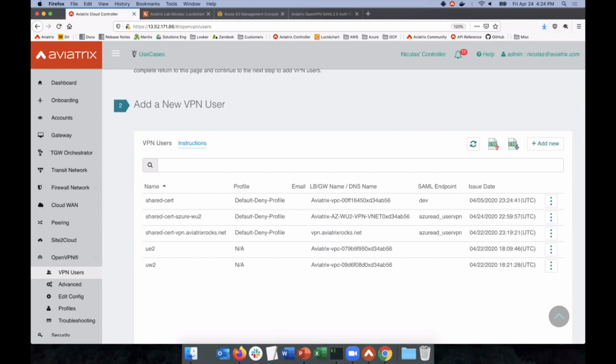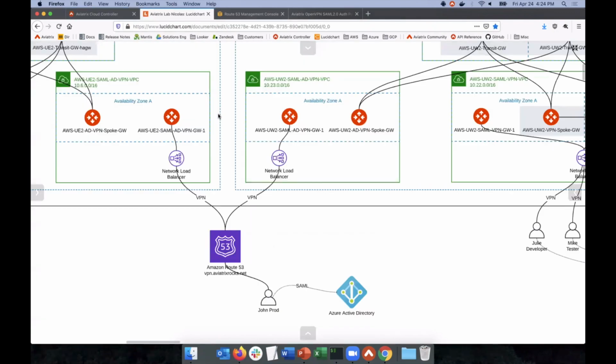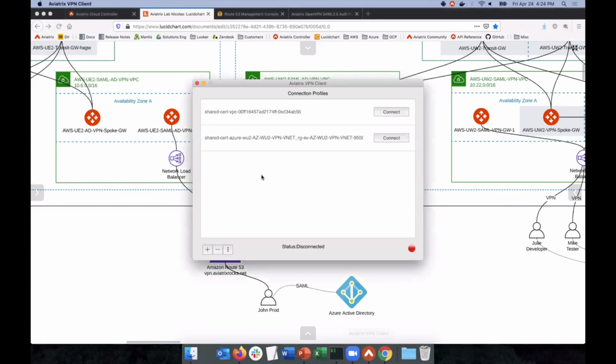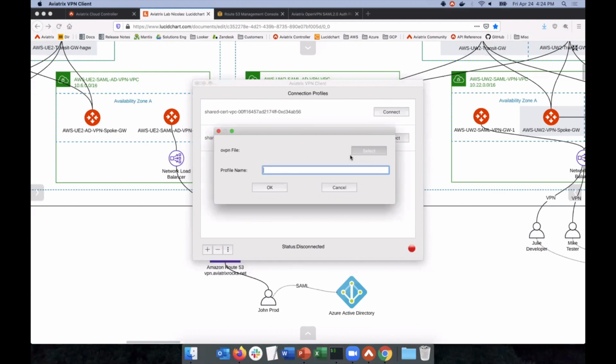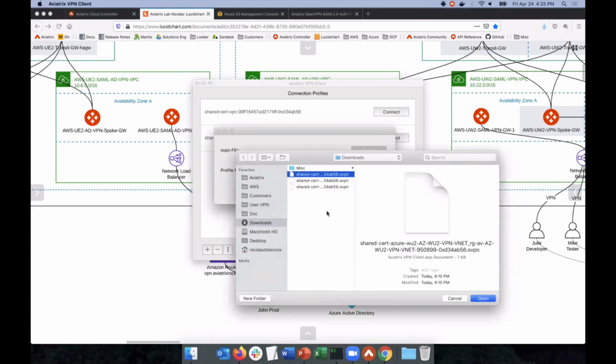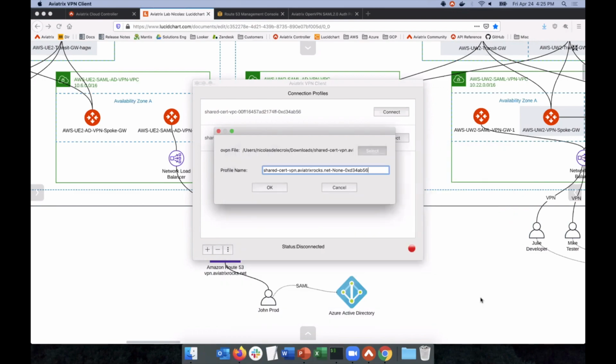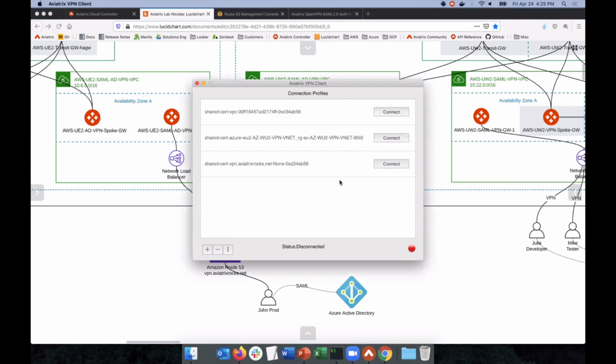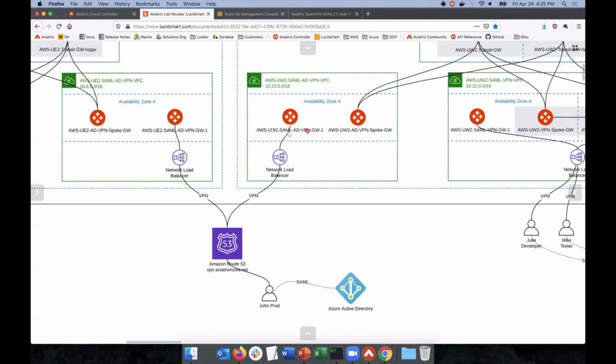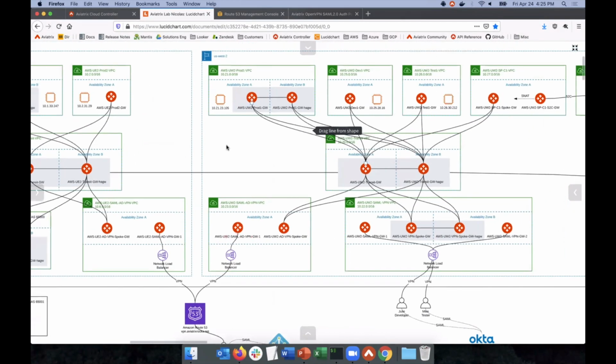And now I'm going to do a personality change. I'm going to pretend to be that John user that received the certificate from his admin, and is going to use his VPN client. And we're going to add that shared certificate for this DNS. So we open, and again, before we connect, just to prove the point that this is not a fake demo or anything,